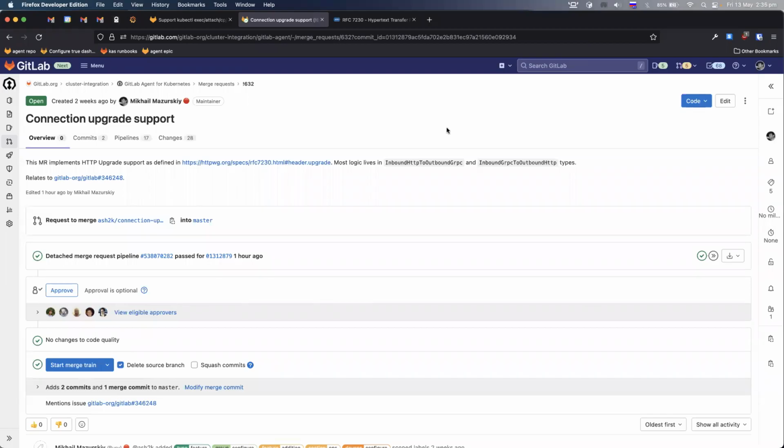Hello, I'd like to give an overview of this merge request. It adds connection upgrade support. HTTP